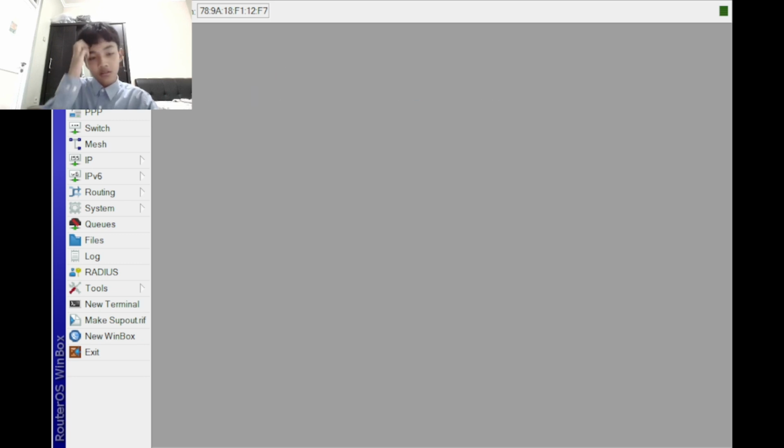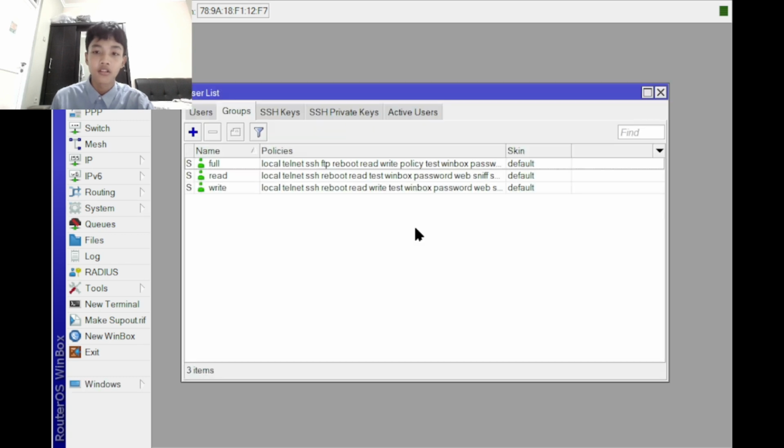Okay, so here we already have the Winbox, so we can start configuration. But first, how to access the user login management? You can click here, system, but maybe you guys cannot see it. If you already click here, you can scroll here. There are many options. You can just go down, click system first, and then go down. You guys can find users. So just click it. Alright, I already clicked users from the system.